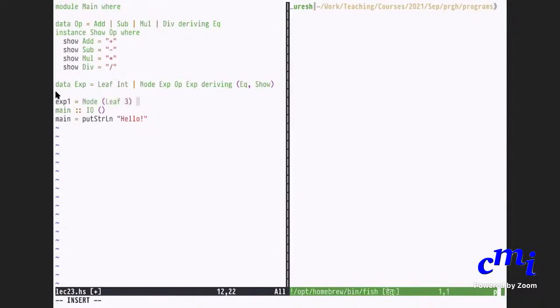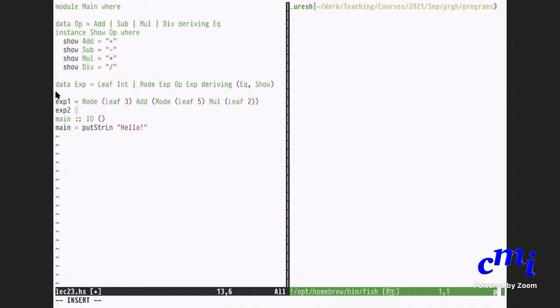Then, what is the op? It's plus. So sum. Add. And then another node. No, leaf 5, not 5. Leaf 5, right. And then multiply. Leaf 2. Okay, great.